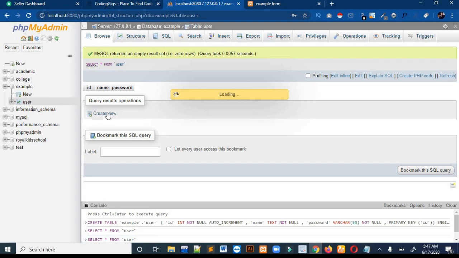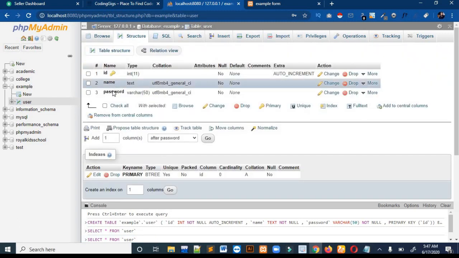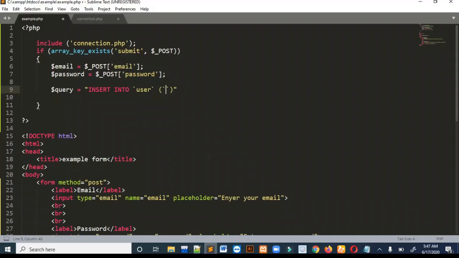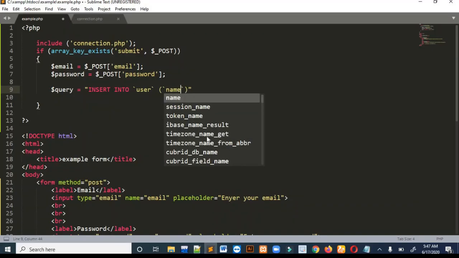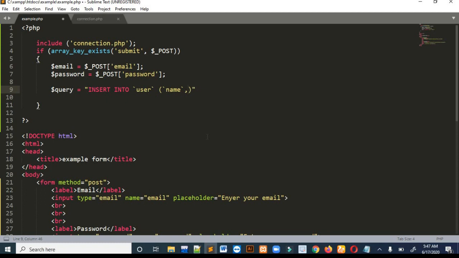So let me just see what spelling I had used over here. Over here I had used name and password, so I didn't use email. So over here I will write name, and second is password.